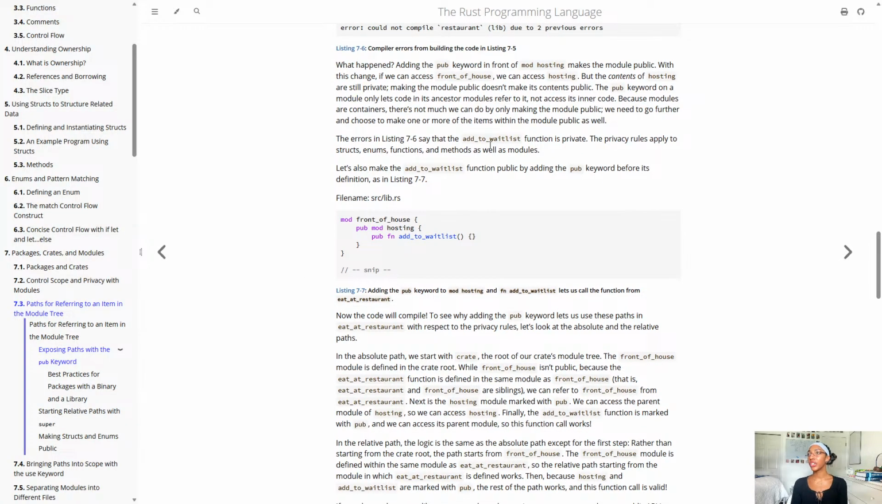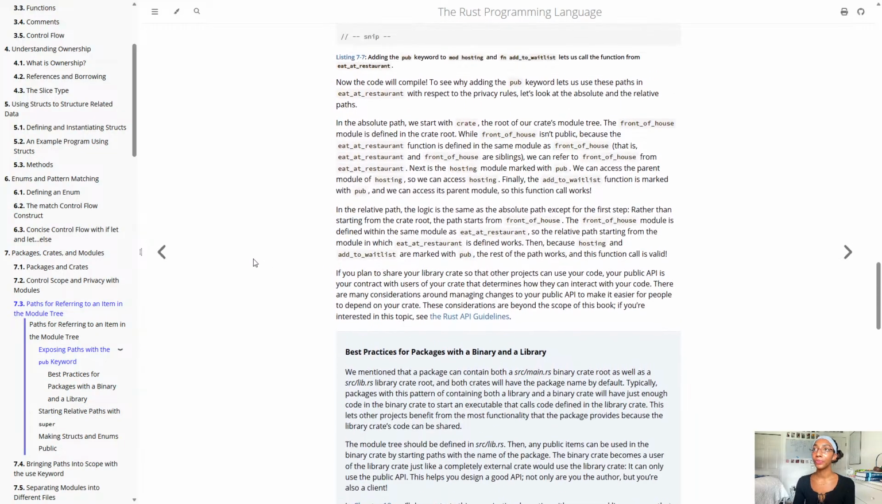Okay, the errors in 7-6: add_to_waitlist is private, and all privacy rules apply to structs, enums, functions, methods, as well as modules. So we have to make those specific things public as well. So let's make the add_to_waitlist function public by adding the pub keyword before its definition. So now we have a pub mod hosting, which is public, and pub fn add_to_waitlist is public as well. Now the code will compile. To see why adding the pub keyword lets us use these paths in eat_at_restaurant with respect to the privacy rules,